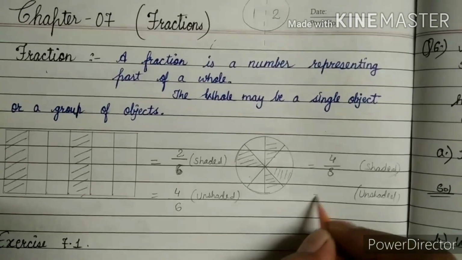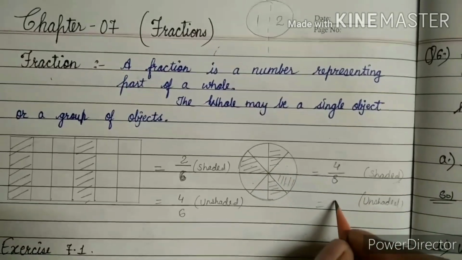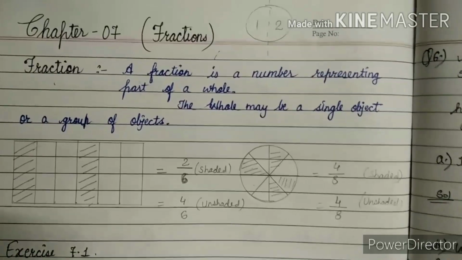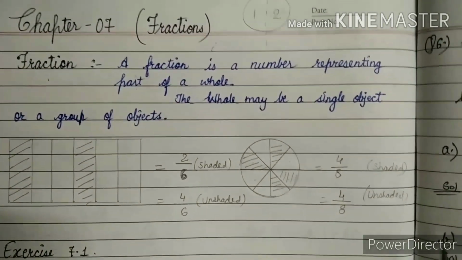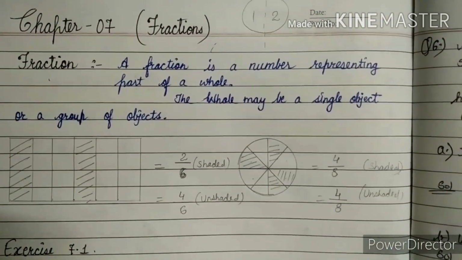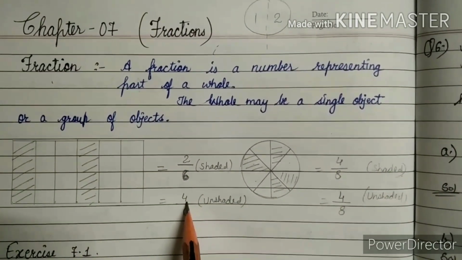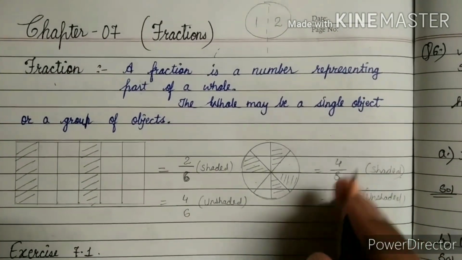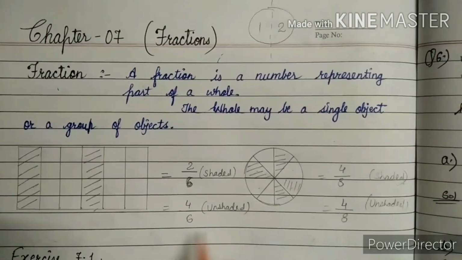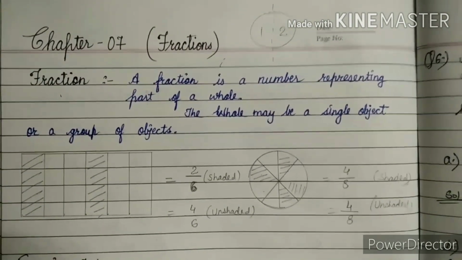Now in this we will recall the unshaded portion, that is 1, 2, 3 and 4. And how many are total? Total are 8. So 8 will come same as it is here. One thing always remember: the total parts of anything will come at the denominator, and the part shaded, the part unshaded, whatever the thing is asking, that thing will come on the numerator, but the part of whole always will come in the denominator. Now we will begin our exercise 7.1.